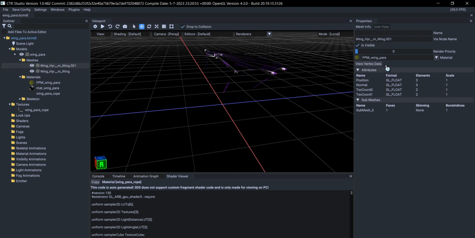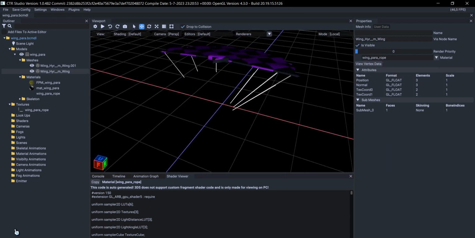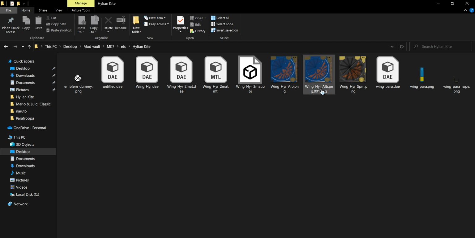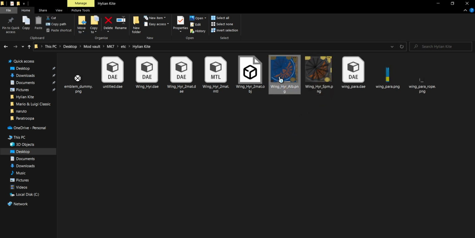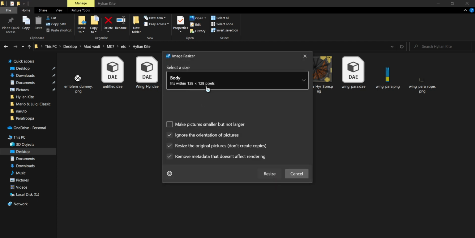So this is the main body. We're going to apply this to the material wing para, and the material wing of the pole, which is this. Boom, rope. There we go. That's right. Okay, now we're gonna get this texture. Hold on. We're gonna right click and resize. It doesn't matter how you do, by the way, just get it to 128 by 128